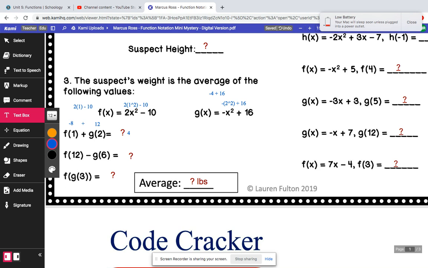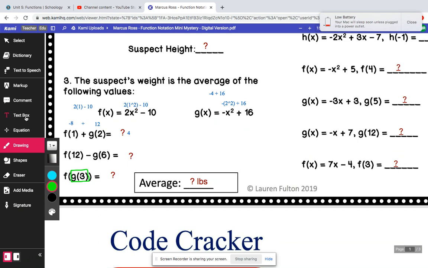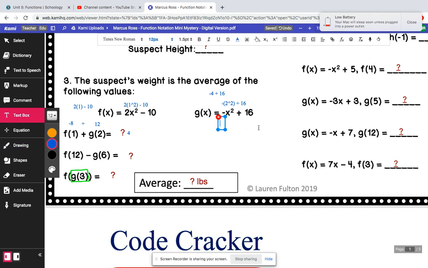Except now we're subtracting. But let's look at this last one here. Notice how your y, or your g of 3, is inside f of your y. Okay. In order to solve this, we have to solve this piece here first. So we know that g of 3, our x for that equation is 3. So let's come here, and everywhere you see an x, you're going to replace with 3. Okay? So let's go through this. 3 times 3 is going to be 9, but we have that negative sign, so it's negative